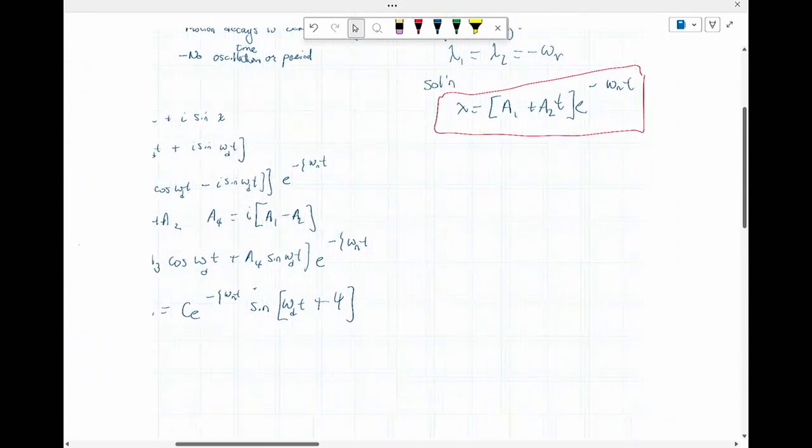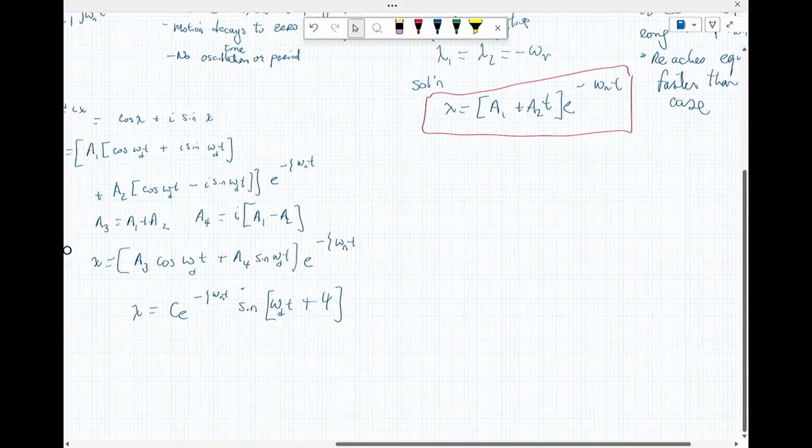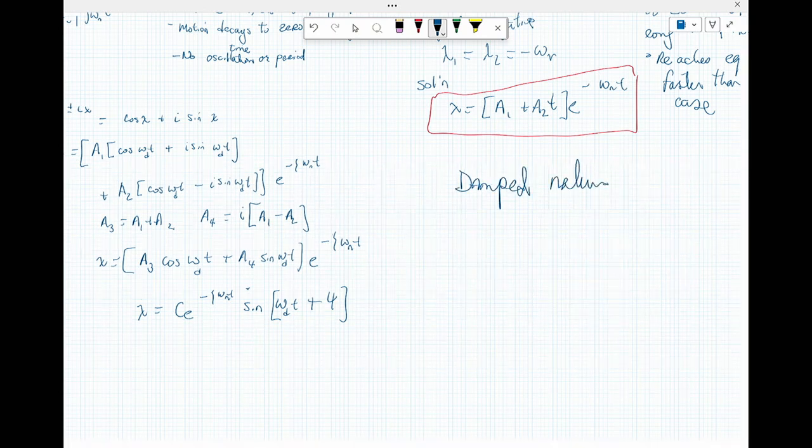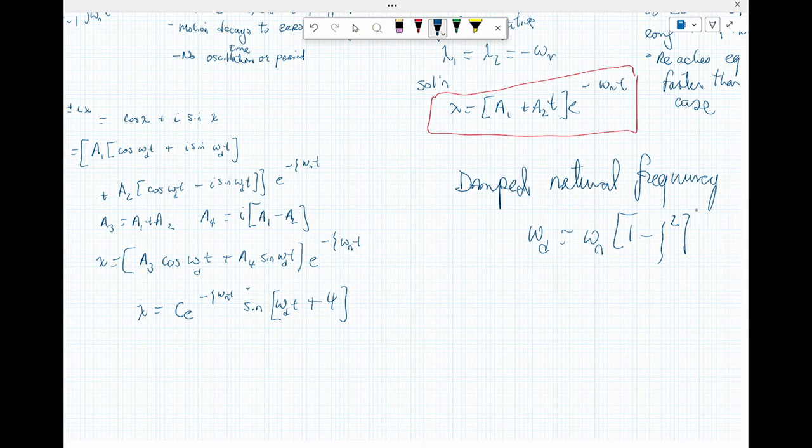Two things: damped natural frequency, again to respond to that last question, omega d equals omega n times 1 minus zeta squared to the 1/2. Damped period, tau d equals 2 pi